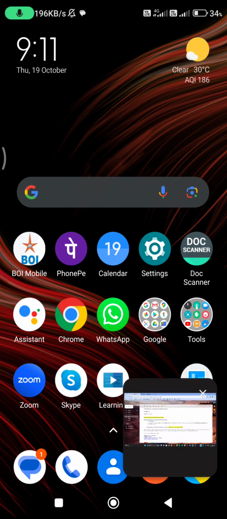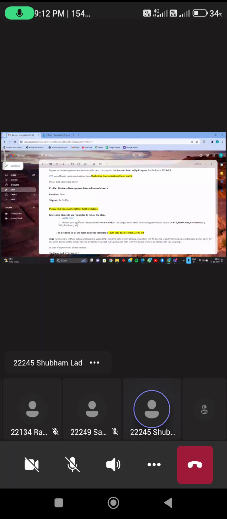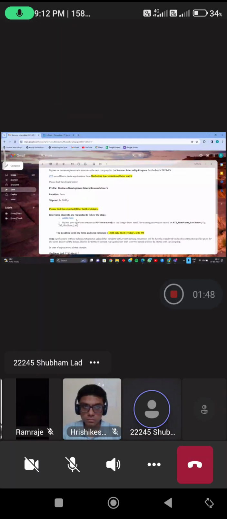Okay. Also, when you get the mail, you would have a job description attached to it. I would come to it as I go down. After that, there would be a Google form attached to the mail, which is mandatory to be filled to get your application considered for the internship. Once you click on the internship, the apply here link is hyperlinked to a Google form, which would look somewhat